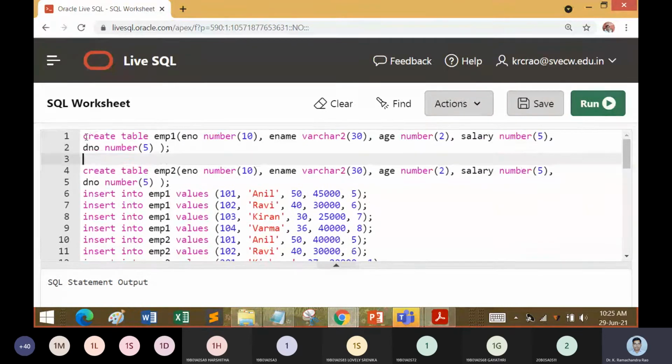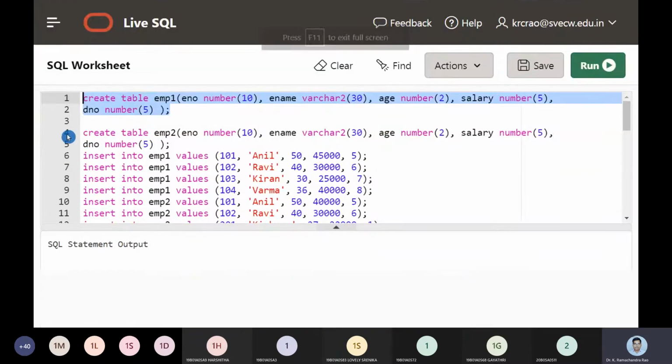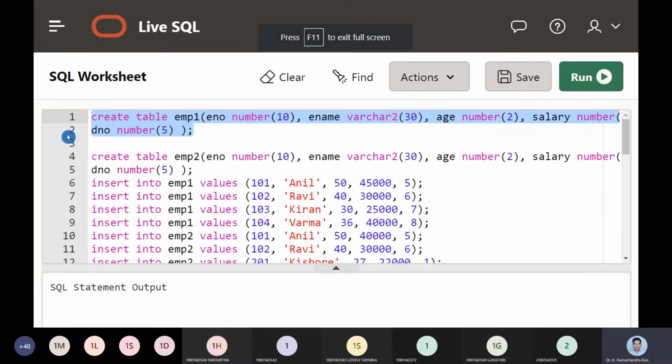What was the aim? We have to first see the set operations, thereby we have to work on nested operations. So now create table employee 1 with number, name, age and salary. Now I am hitting the run button to execute table 1.